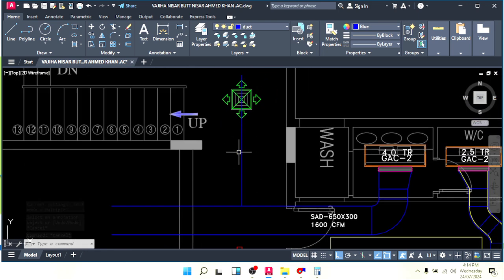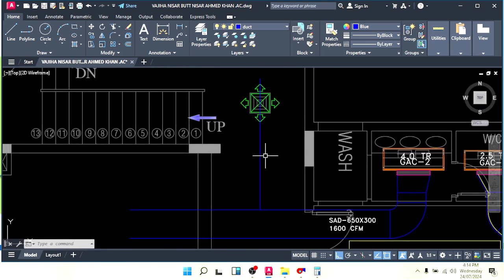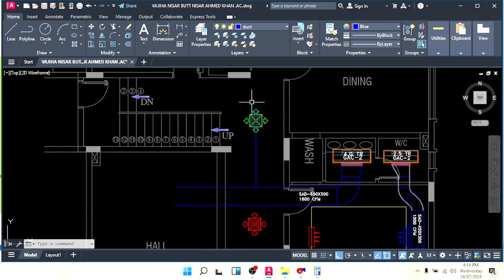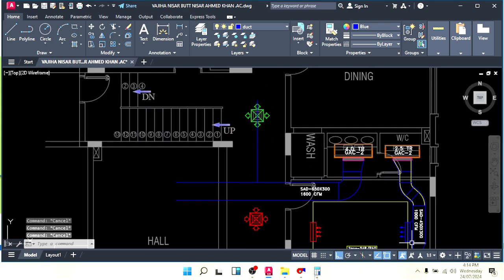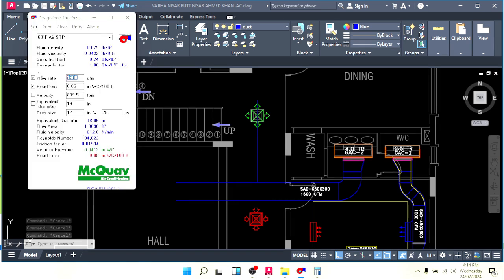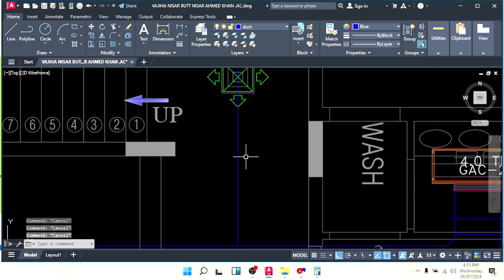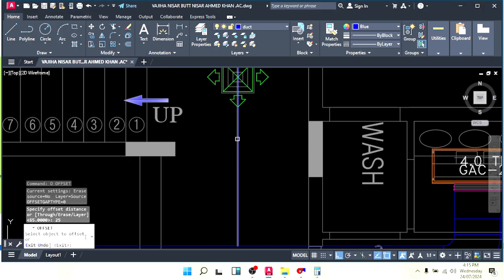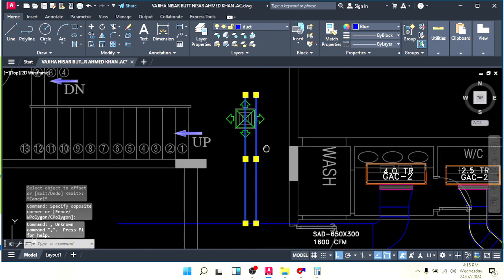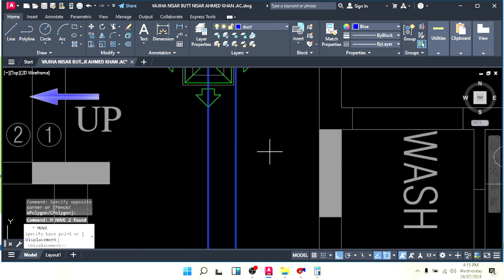So here, how many CFM do I want to throw? 300 CFM only in this part. Okay, so for 300 CFM we need a duct size as per 300 CFM. Go there, write down 300 and reduce your duct height because this is very big. Okay, make it 10. So we can say 10 by 10, so 250 by 250. This duct size will be 250 by 250. So make offset 25, just shift a little bit there